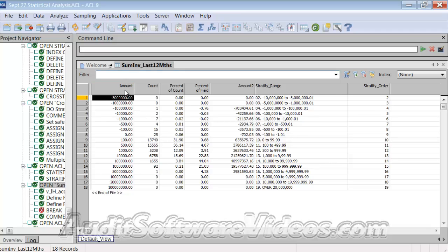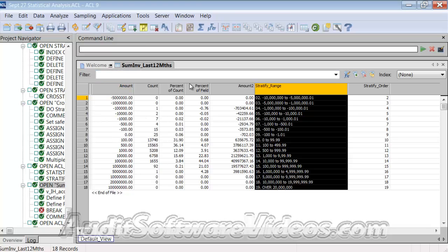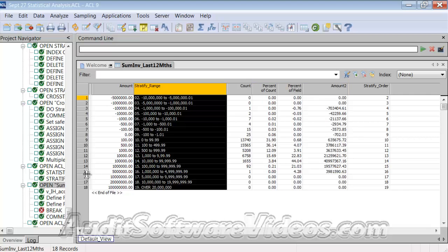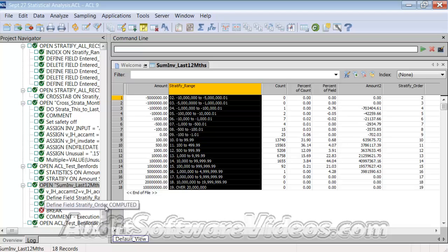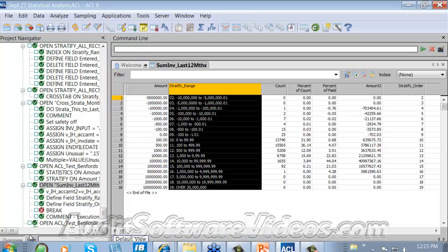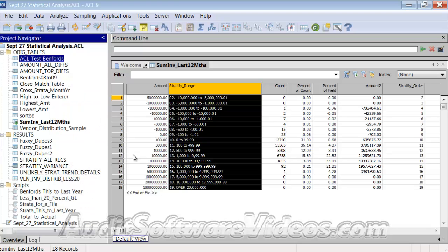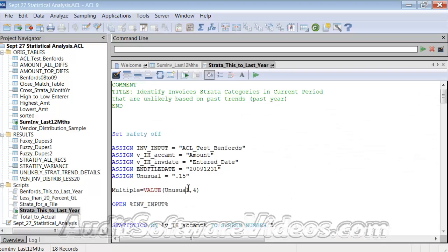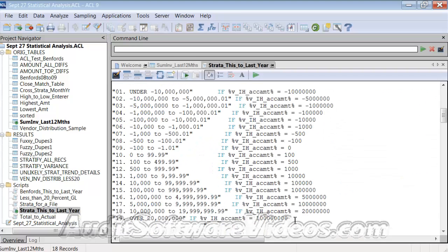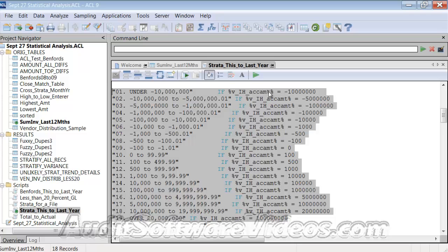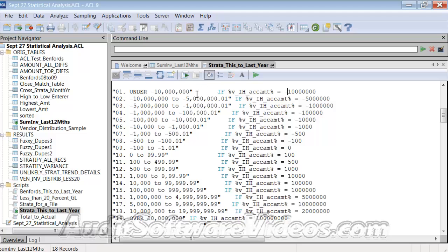Anyway, with that said, that is the amount field, which then drives a stratify range calculation that I've put into the script. Just remembering the two different slides that we had: the one slide talked about creating stratification where you work off of the amount fields, and then you had this other stratification calculation that worked off of that amount field. So I'm looking at the amount field and saying, is it negative 10 million? Then it's stuff that's under negative 10 million. Is it negative 5 million? Then it's stuff that is between negative 10 million and negative 5 million, and so on and so forth through